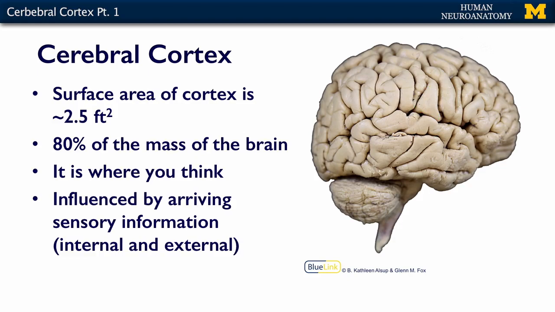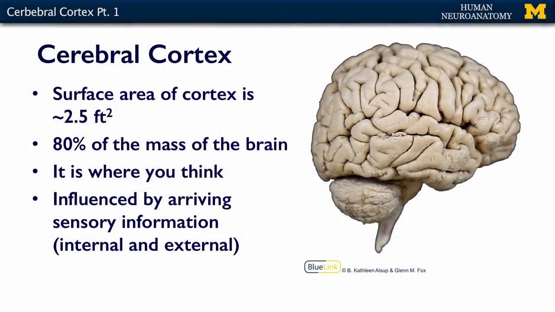The surface area of the cortex: when we talked about gross anatomy, I mentioned that your brain is too big for your head, and that's why it's in all these folds, these sulci and gyri. If you could take your cortex and flatten it out, it would be about 2.5 square feet, about the size of a newspaper. If you think about taking a newspaper and turning it into a balloon, that's how big your head would have to be if we didn't have sulci and gyri.